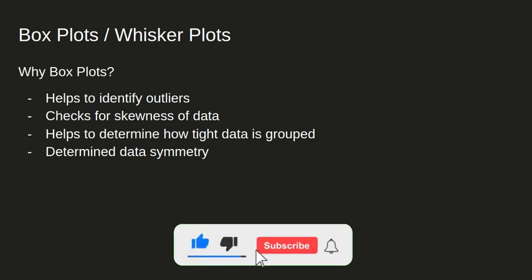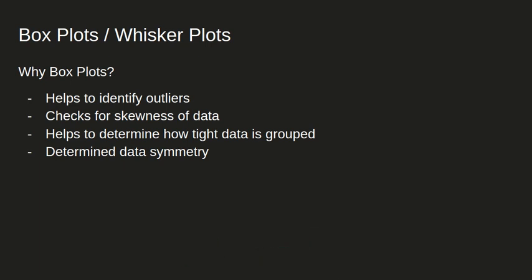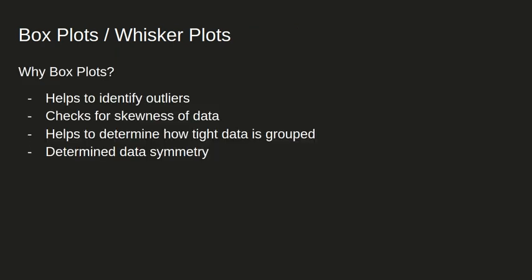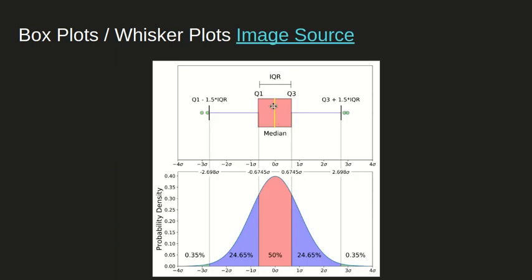But first of all, why do you think we need a box plot? Let's look at the importance of box plots in statistics. So why box plots? They help to identify outliers. Like if you look here, I told you that these green dots here are called outliers because they're data points that are very far from the rest of the observations. They can also be used to check for the skewness of the data. And I told you earlier that the yellow line in the middle is the median value. Sometimes it can be moved further to the right this way, maybe somewhere here, or it can move further to the left this way,